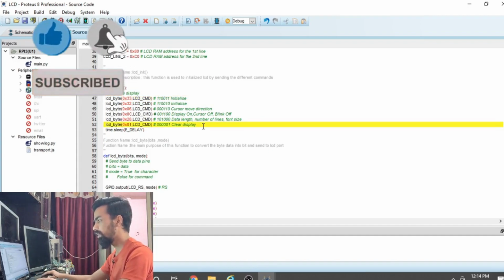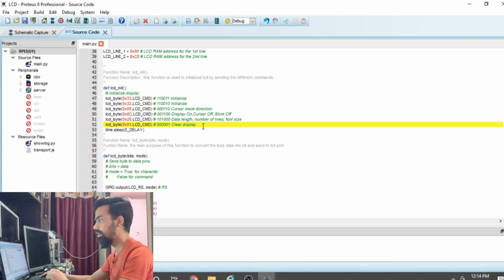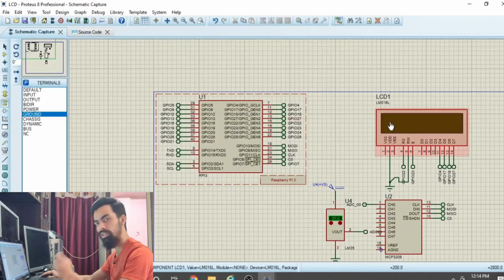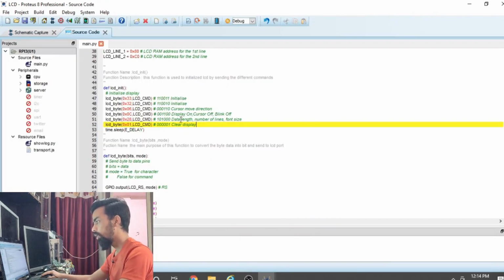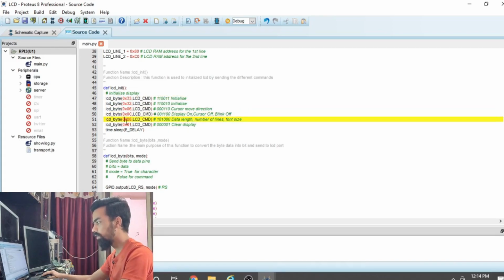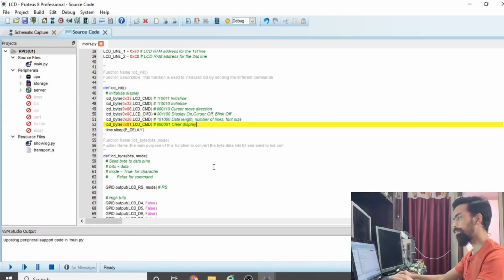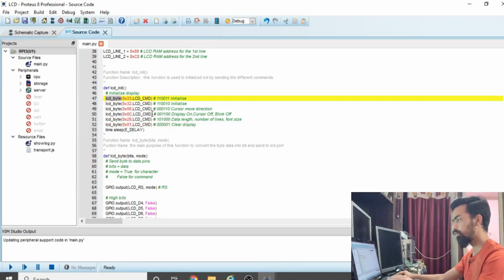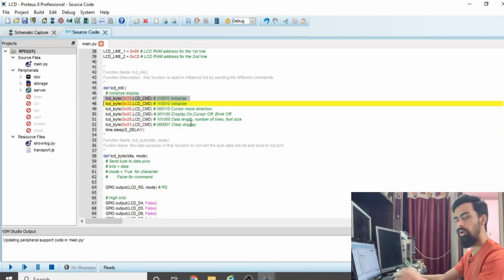These commands start the LCD and set it so the message is printed on the first row only. You can find details of all these commands on Google. If you search for the LCD commands, you can easily find the importance of each and every command. The main important part is how to send these LCD commands from the Raspberry Pi to your LCD.